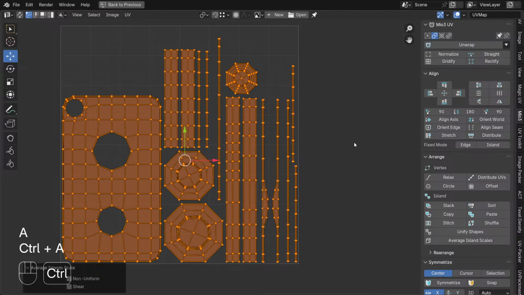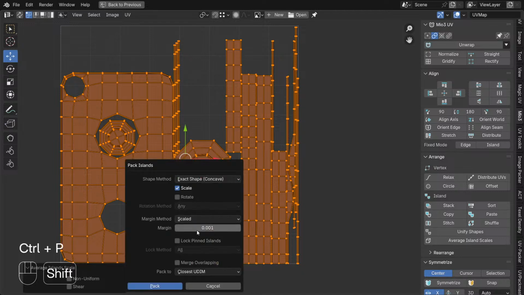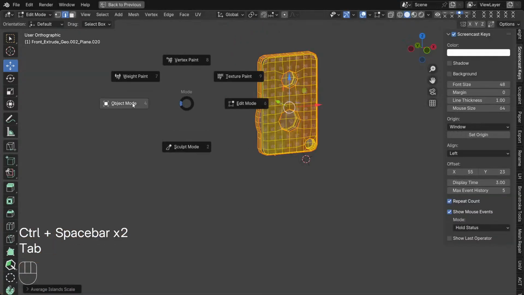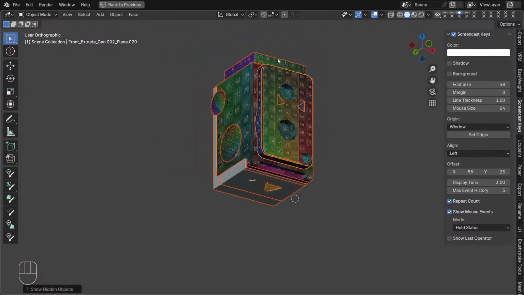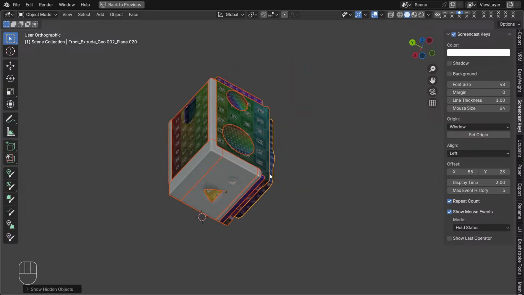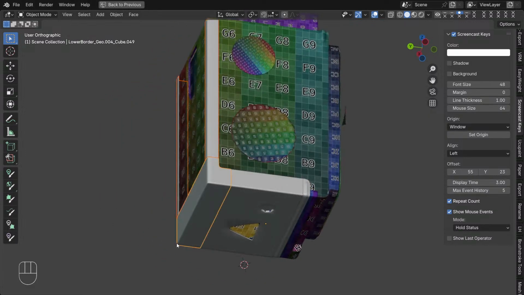There you go. Control A, Control P, pack it. Let's just give it some space. There you go. And let's see what do we have right now. So as you can see, nice and dandy UVs. I know the texel density, I repeat, is not the optimal one, but at the end we're gonna work on that. Let's just finish these guys and then we're gonna work on the final